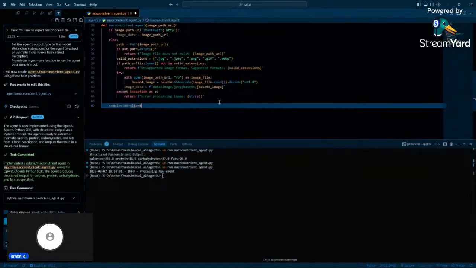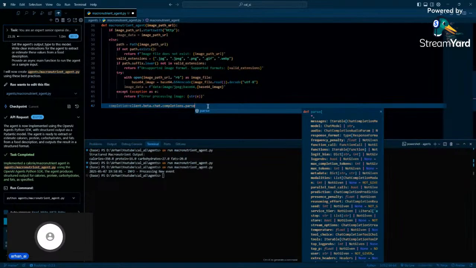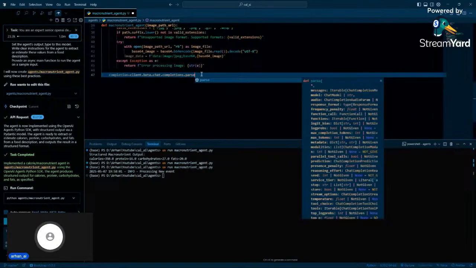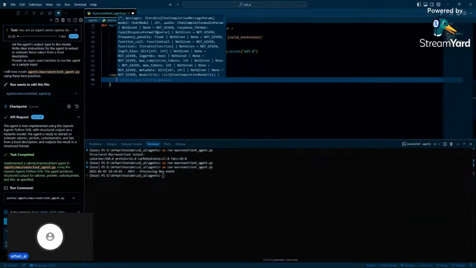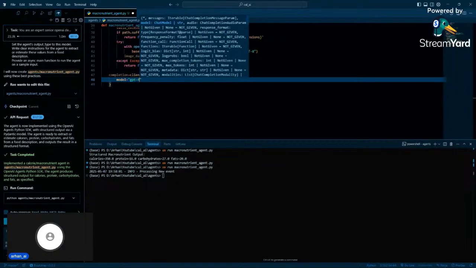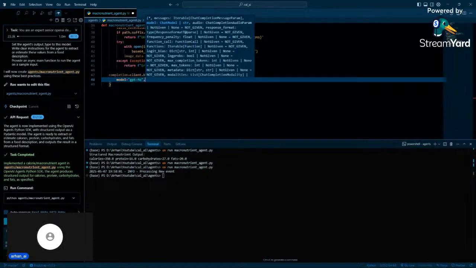So here we are writing client.beta.chat.completions.parse. Why I'm using this beta and parse is because we want to get the structured output like this. Otherwise we are using client.chat.completions.create or something else, right? We'll create brackets here. So for the model we'll be using GPT-4o, and the messages